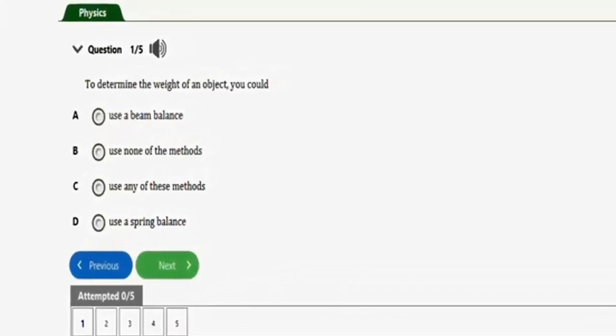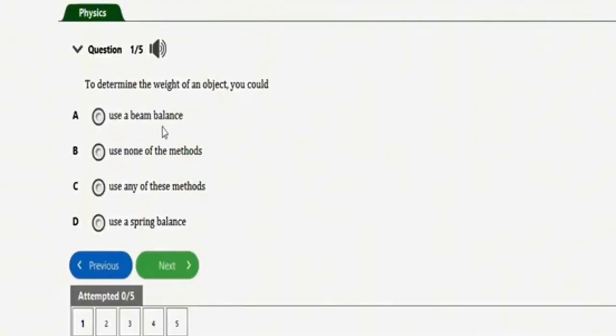In this video, we're going to learn how to solve these repeated questions under maths. Alright, we're going to practice with 5 repeated questions for this topic. So let's get started. The first one I have here says, to determine the weight of an object, you could